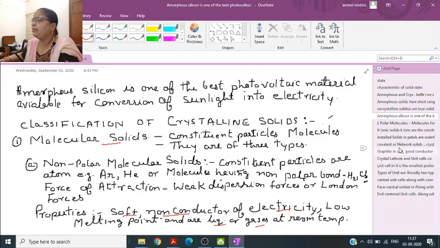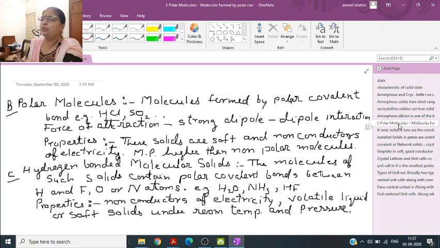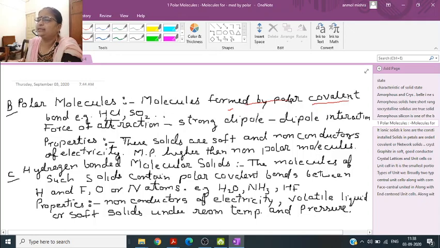The second type of crystalline solid is polar molecules. The polar molecules are formed by polar covalent bonds, for example HCl and SO2. The force of attraction found between them is strong dipole-dipole interaction. The properties of these solids are that they are soft, they are not conductor of electricity, and have melting point higher